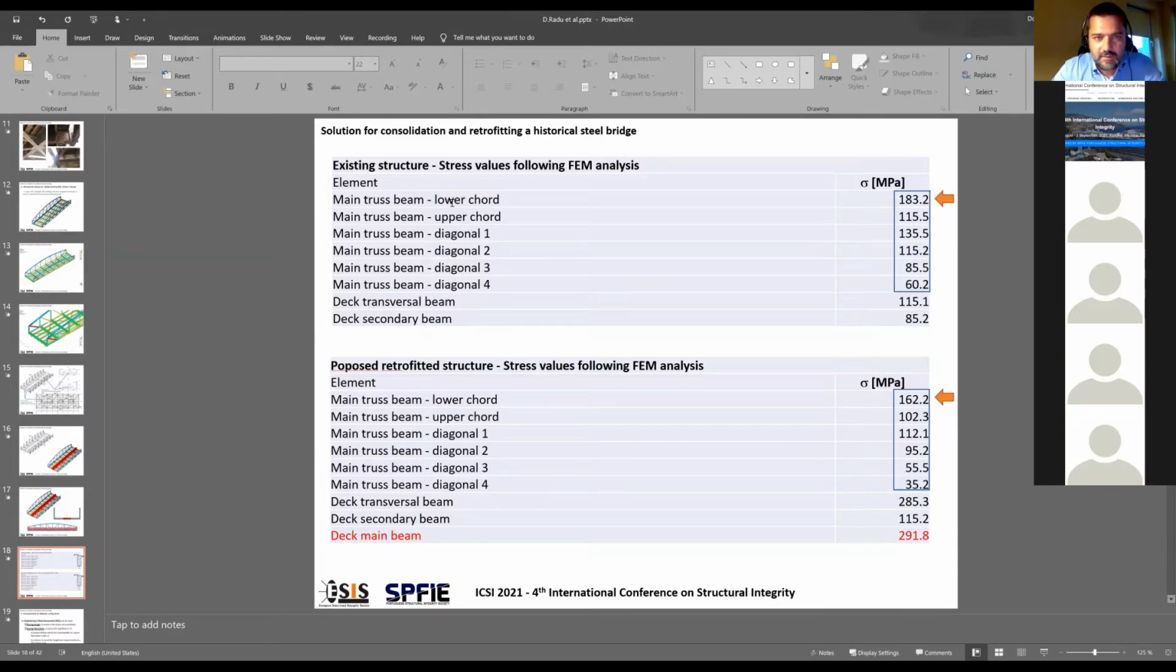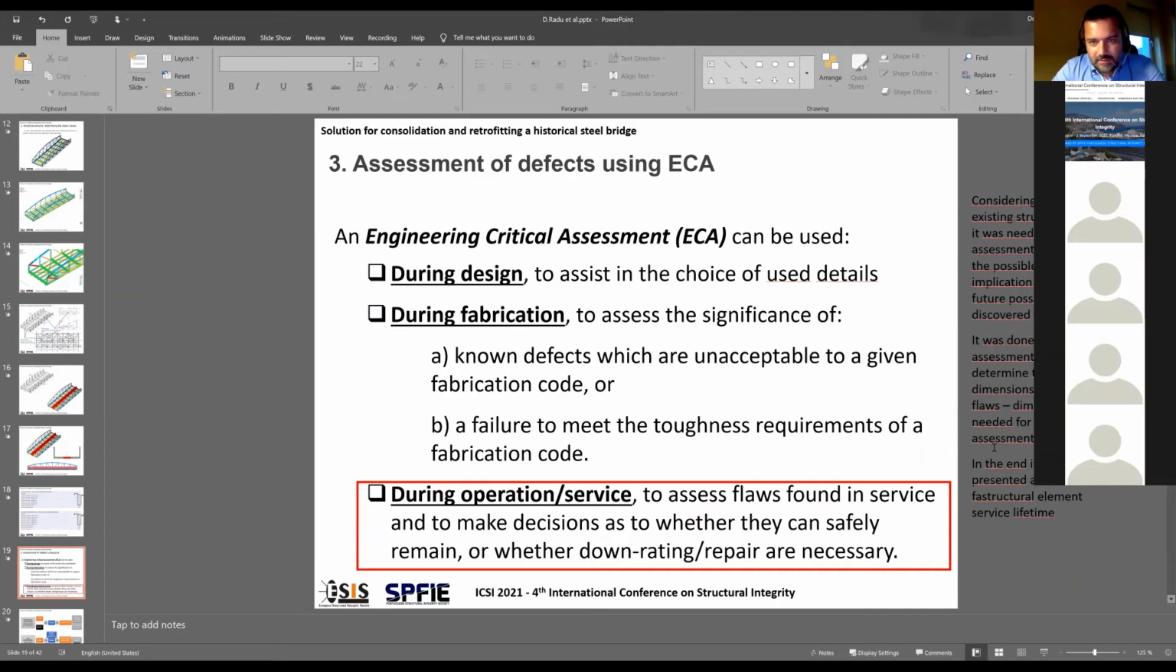So we do have the main elements, lower and upper chord of the truss beam, diagonals also, deck, transversal and longitudinal, because it's a secondary beam. And for the proposed solution, the deck main beam is having the higher stress, of course, due to the higher loading of it. We will retain this stress because we will use it in the further assessment of the implication of the flaws. The third part of this research presentation is regarding the engineering critical assessment